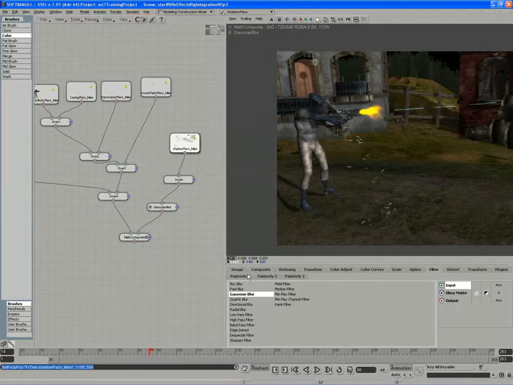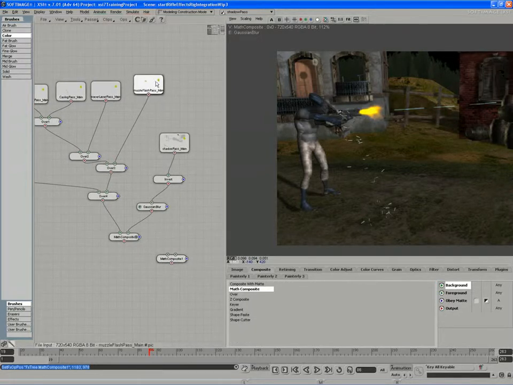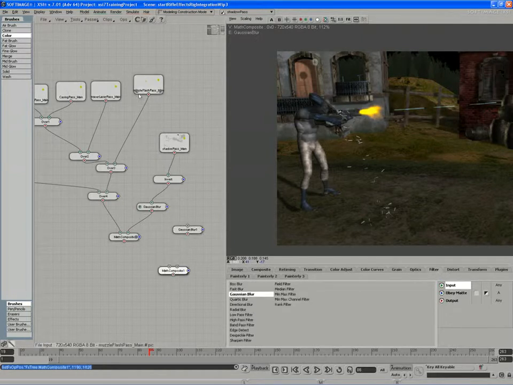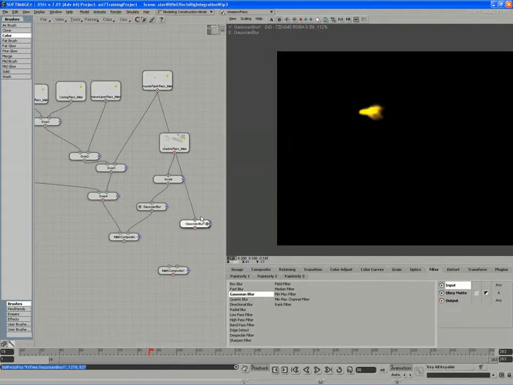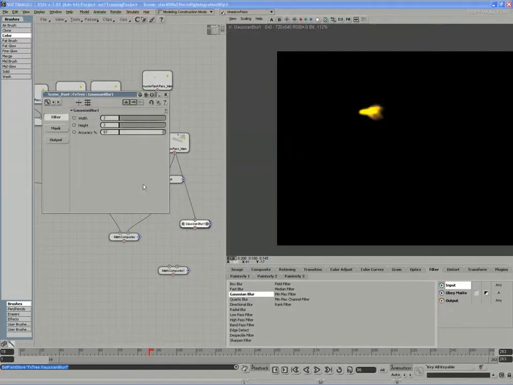So if I pull in a math composite node and a blur node, I'll do a Gaussian blur. I'm going to take the muzzle flash and drive it into a blur. So I get something like that, so it's totally isolated. So I'm going to enlarge that blur something quite big, let's say 8 and 8. So if you compare it to the original,